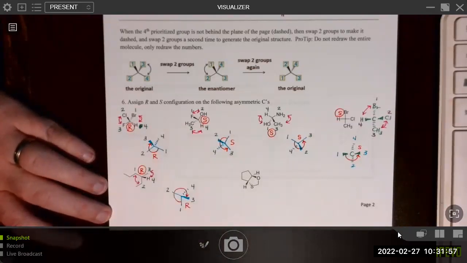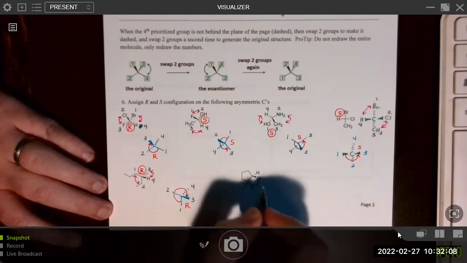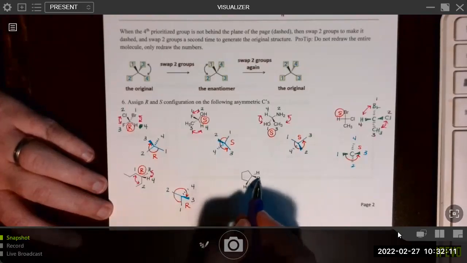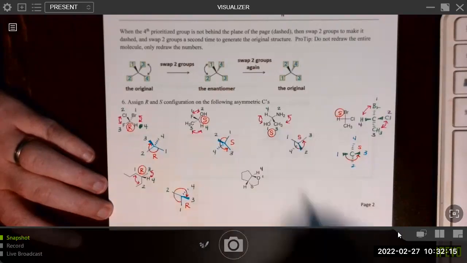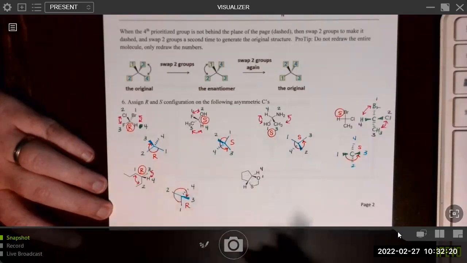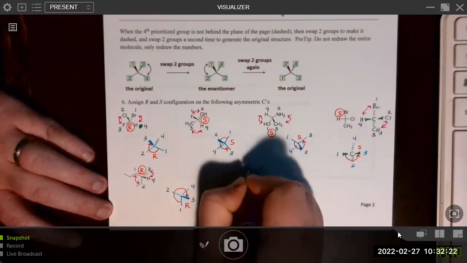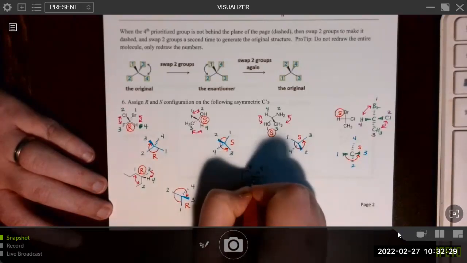And then lastly, this one has 2 different stereocenters to figure out. So no problem, we can just treat each one separately. The priorities for this carbon are, we have oxygen, carbon, carbon, hydrogen. This will be 1, that will be 4. And then this carbon and this carbon are a tie, but this one is attached to sulfur. It will be priority 2 and 3. Luckily, this one is drawn with the hydrogen going back. So it's pretty straightforward.